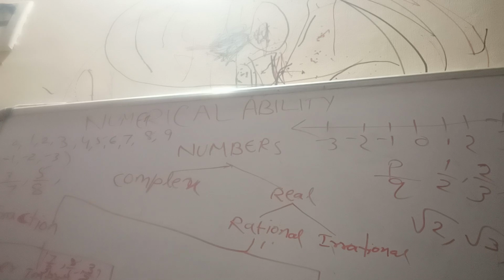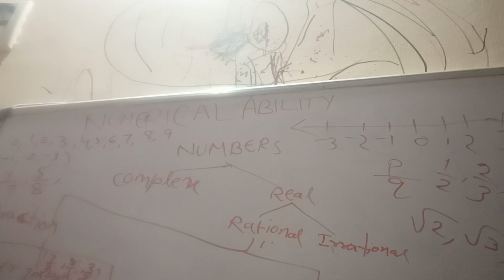Now let's know about some important facts about numbers. 1 is neither prime nor composite. 2 is the only even number which is prime. There are 25 prime numbers between 1 and 100. The prime numbers up to 100 are 2, 3, 5, 7, 11, 13, 17, 19, 23, 29, 31, 37, 41, 43, 47, 53, 59, 61, 67, 71, 73, 79, 83, 89 and 97.